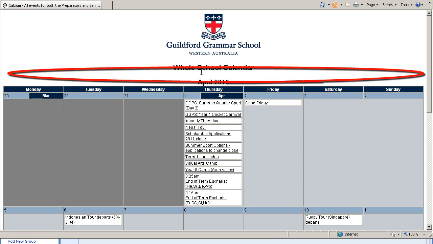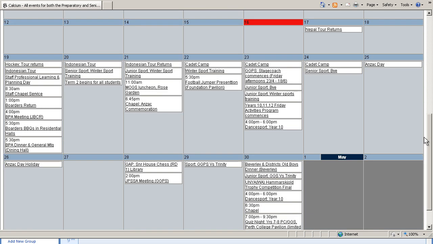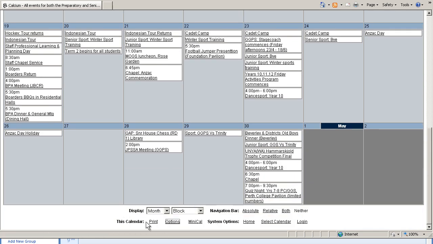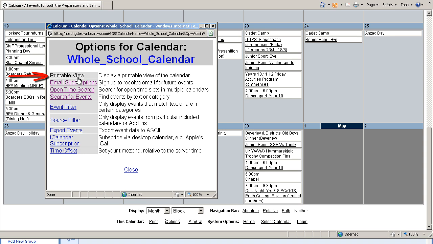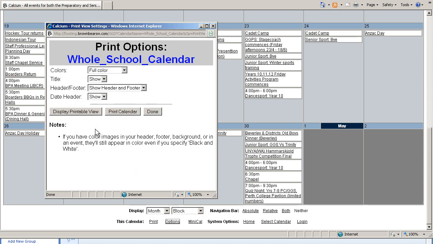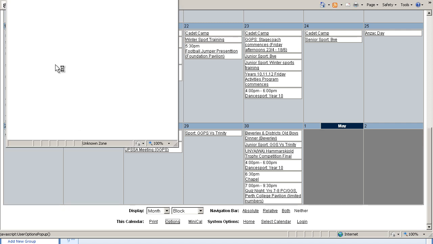So it's been taken away altogether. Now at the base of the calendar again, you'll notice you'll have more options under this calendar. You'll have print, which is also found under options. So printable view enables you to change how the calendar will view when you print it. You also have under here